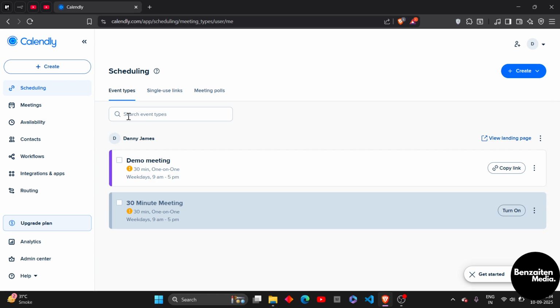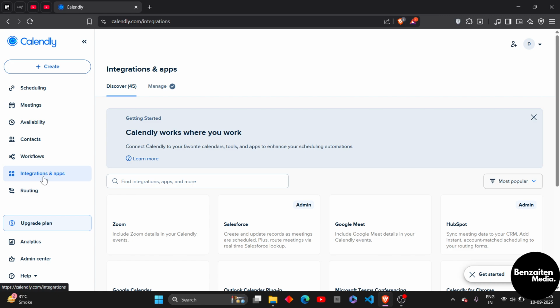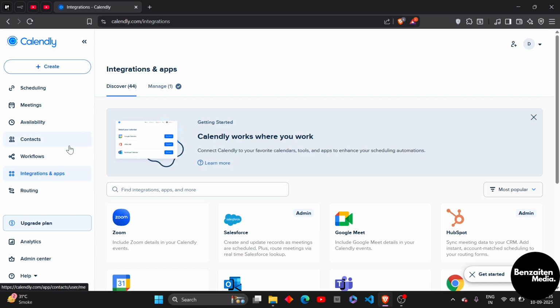In this video I'm going to show you how you can connect your Calendly to your webhook. So spoiler alert guys, if you don't have the Calendly paid version, you won't be able to connect the webhook to your Calendly. So first let's move to the integrations and app after you log in with your Calendly account,